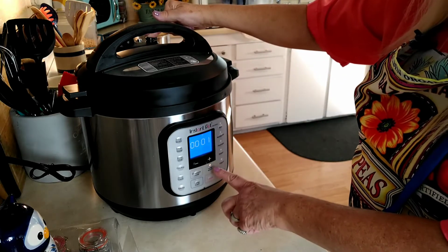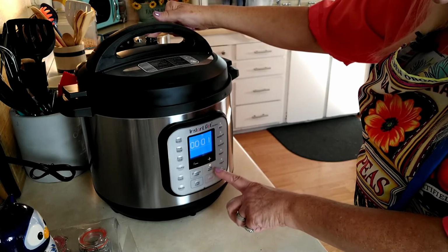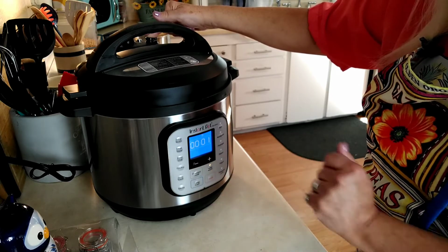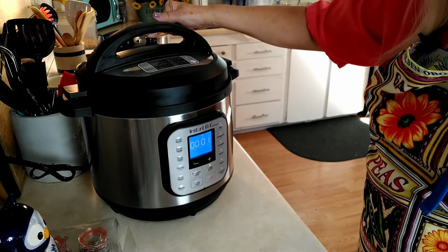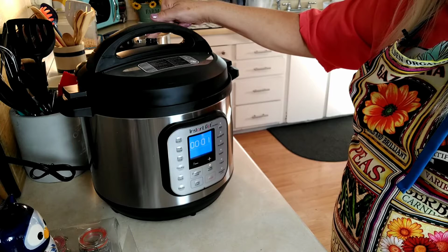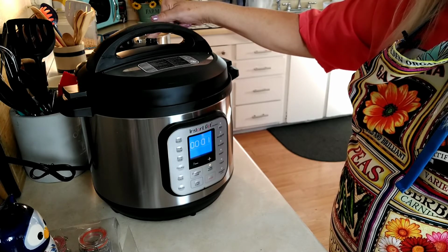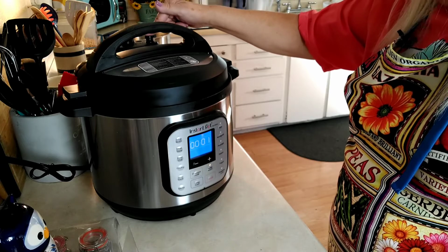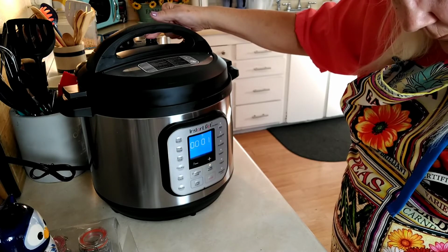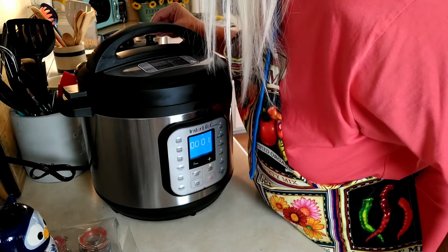And I can see right now it's in the keep warm position. The light is on, which means that it's complete. And see all that steam, it's kind of just floated out of there. Okay, so I think